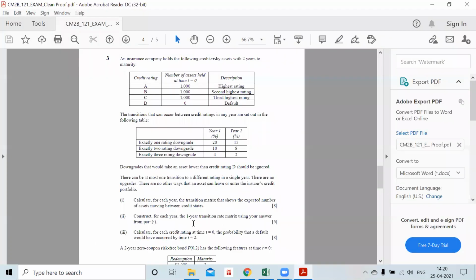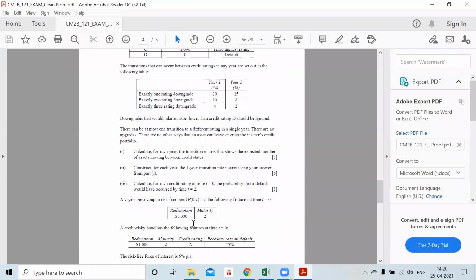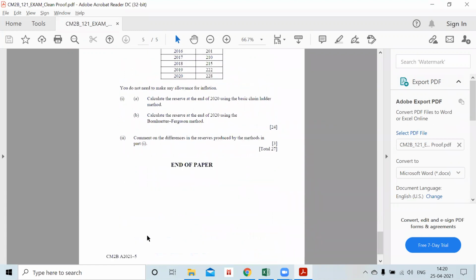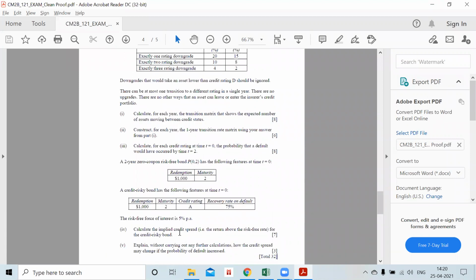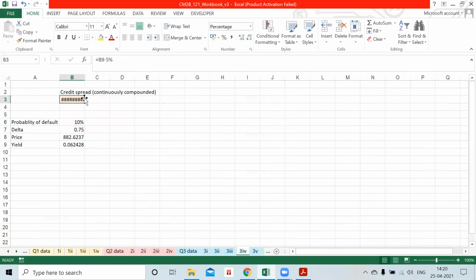Okay. And then a zero-coupon risk-free bond has the following rates, and a credit risky bond has a redemption of 1,000, maturity 2 years, credit rating A, and a recovery rate on default of 75%. The risk-free force of interest is 5%. Calculate the implied credit spread, that is, the return above the risk-free rate for the credit risky bond. So for this bond, if you see,